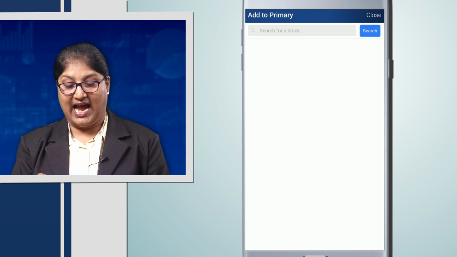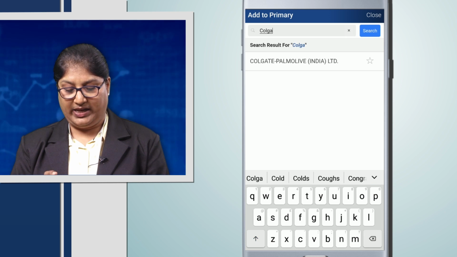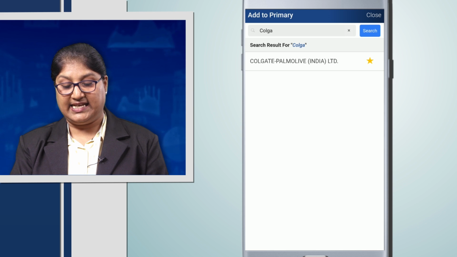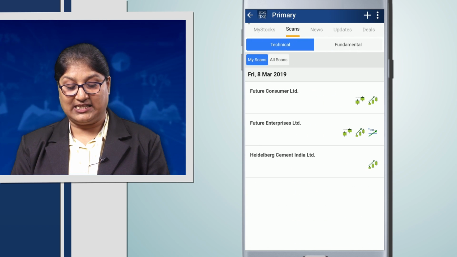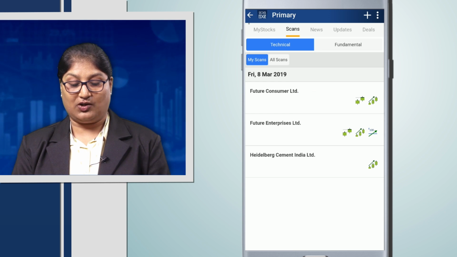So here you can add on this button, search for a stock. Suppose we search Colgate. So we get this stock here. So you can see that it says that it's added to the stock. So when we click on the scans button after getting added, some stocks get filtered out according to the scans,